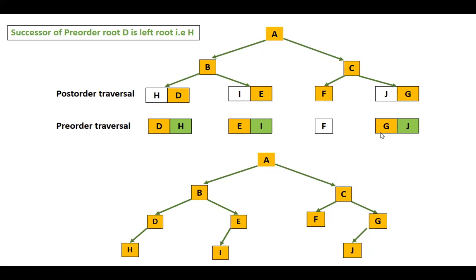Now this side again, G is the root, right? And G is left side. In case of pre-order traversal, the immediate successor of root G is J, right? So J is the element on the left side of G. So go to post order and check. There is only one item J. There are no other items here. So J will be the left child of G. Right? Now you see the tree is complete. Fine. Tree is complete.